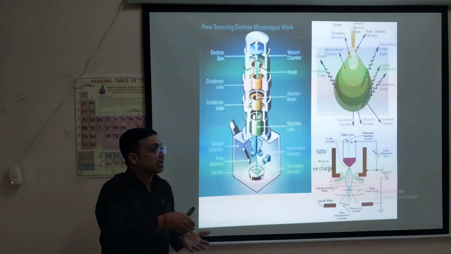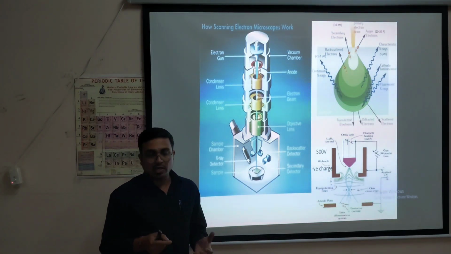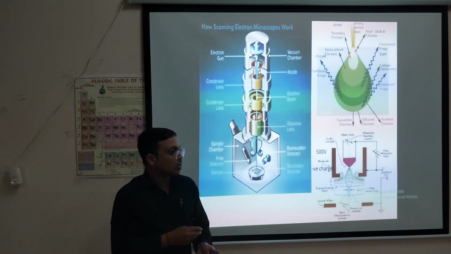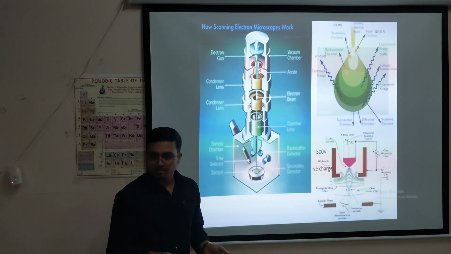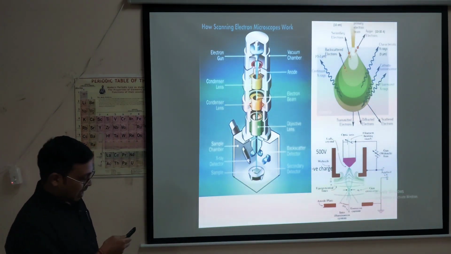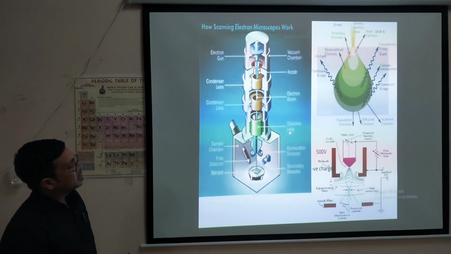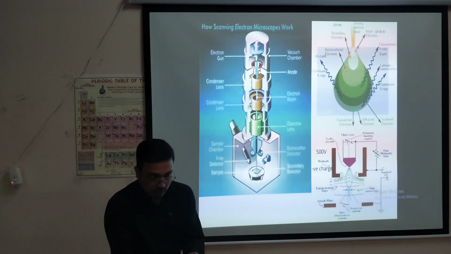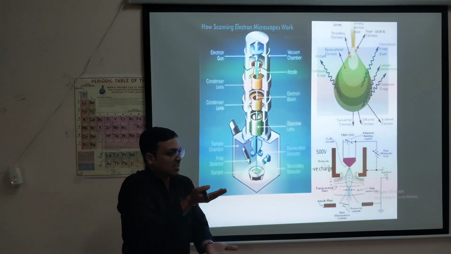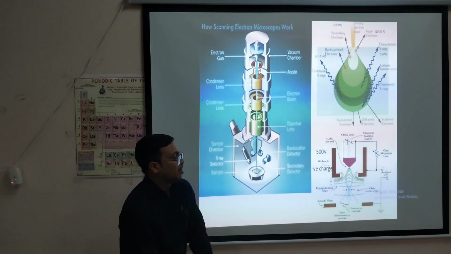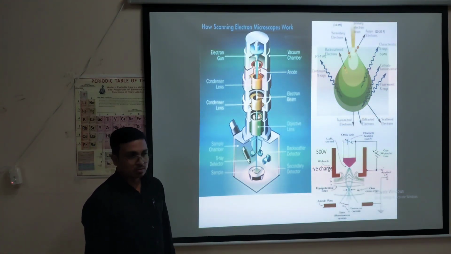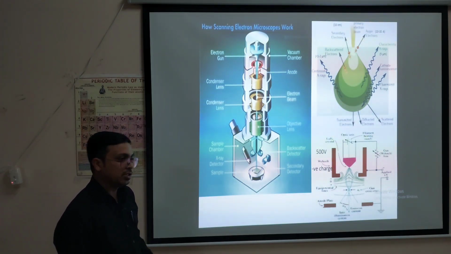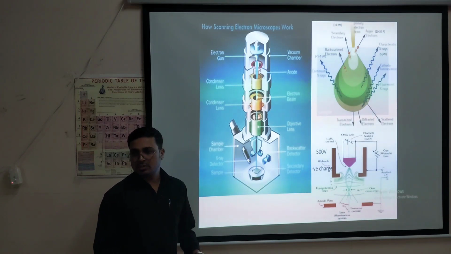It will scan, and it will not leave any inch of the sample. It will give you a complete idea about the area it is going to analyze. It will not leave anything at all. Do you follow? Now, after the condenser lens, there is another lens, the objective lens. So the objective lens itself signifies what? Object means the object you are going to analyze. It is just above that one, the ultimate lens. Then the beam will go and hit the sample. It is also an electromagnetic lens.